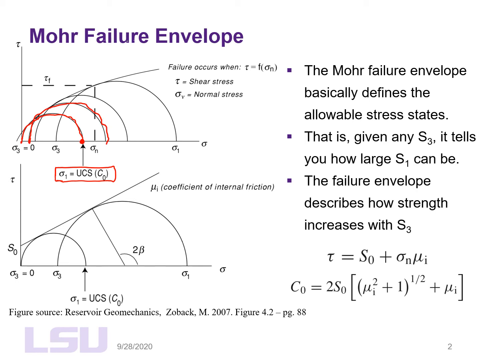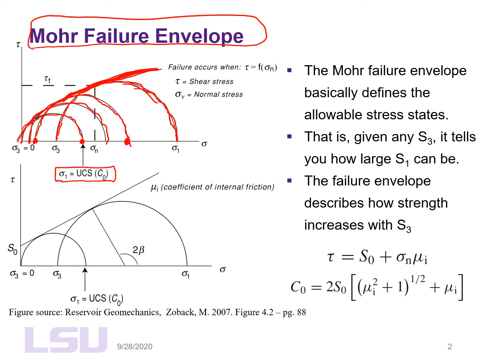And how do you get the circle? Basically use a given value of confining pressure and perform the test until the rock fails, so you get the rock strength at that confining pressure, find the midpoint and draw a circle. So that's how we're coming up with these circles. And if you keep doing that at higher values of confining pressures, and you're getting higher values of rock strength, because rock strength increases as confining pressure increases, then you can try to connect a curve through the tangents through all these multiple circles, and that is your Mohr failure envelope,